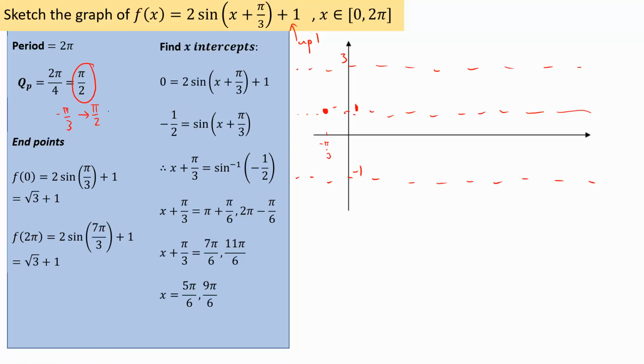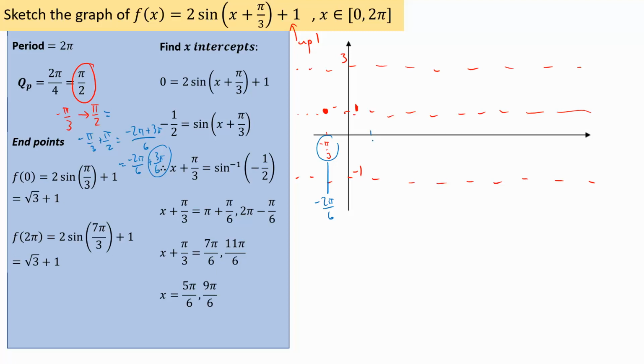I want to find where the next point is. So negative pi on 3 plus pi on 2 is the same thing as saying negative 2 pi plus 3 pi all over 6. Or if you like to think about it, it's negative 2 pi on 6 plus 3 pi on 6. So what that really tells me is this point here is the same thing as negative 2 pi on 6. To move to the next point, it told me that I have to get to 3 pi on 6,